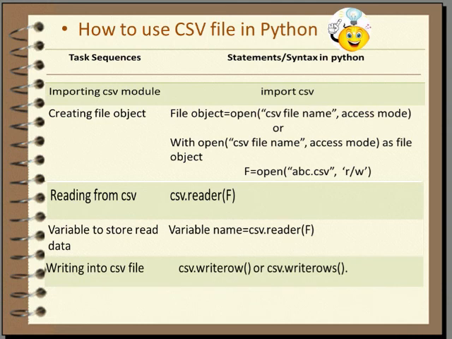Fine. Then there is csv.writerow and writerows. It is used while you are using the CSV file for writing purpose only. If you want to write a single record in a CSV file, then we have the writerow function. If you want to write multiple rows in a CSV file, then we will use the writerows function. This we will discuss later in our programming part. Firstly, we are understanding step by step each and every statement.